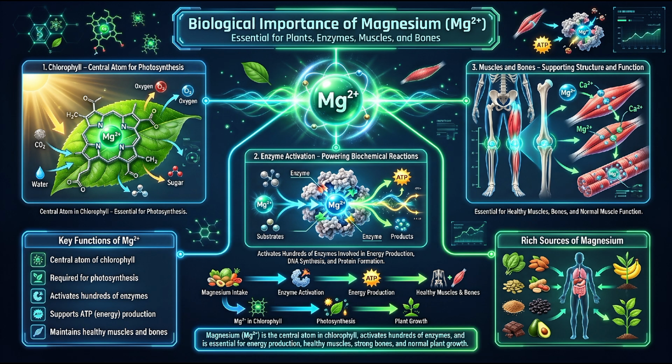However, extremely high magnesium levels resulting from excessive supplementation or kidney failure may cause low blood pressure, muscle weakness, slowed heartbeat, and impaired nervous system function. The biological significance of magnesium extends beyond humans to the entire plant kingdom. Since magnesium is the central atom of chlorophyll, every green plant depends on it for photosynthesis and growth. Healthy plant development ultimately supports all food chains, making magnesium essential not only for individual organisms but also for the